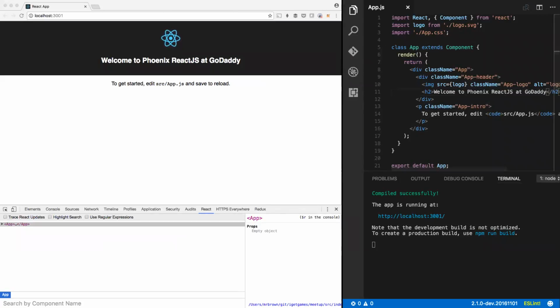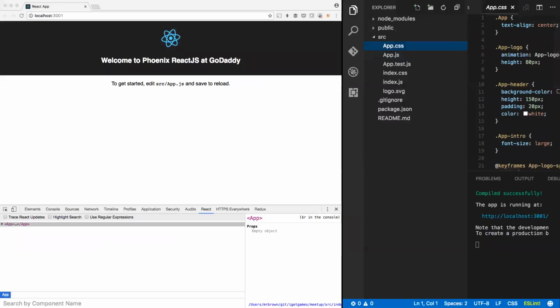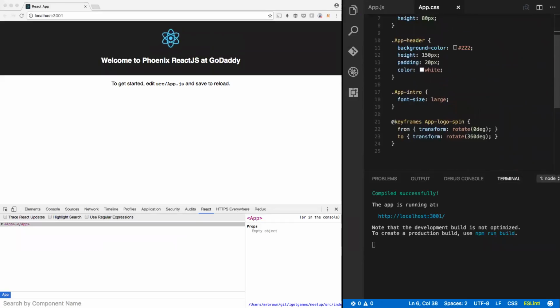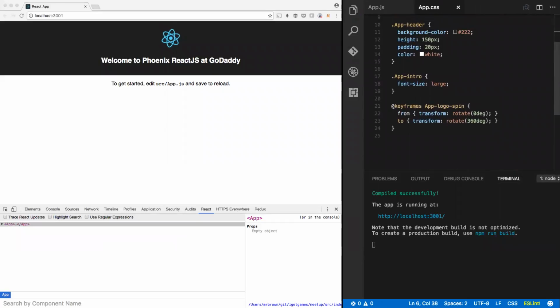So let's just demo that right quick. Let's go into our CSS. And 20 seconds. All right. I won't make that 2 seconds. That work. Yeah, there we go. So this is extremely useful for rapid development and prototyping. So that's the npm start command that you use to launch a hot reload server that you can do interactive development with. So if we want to run our tests,